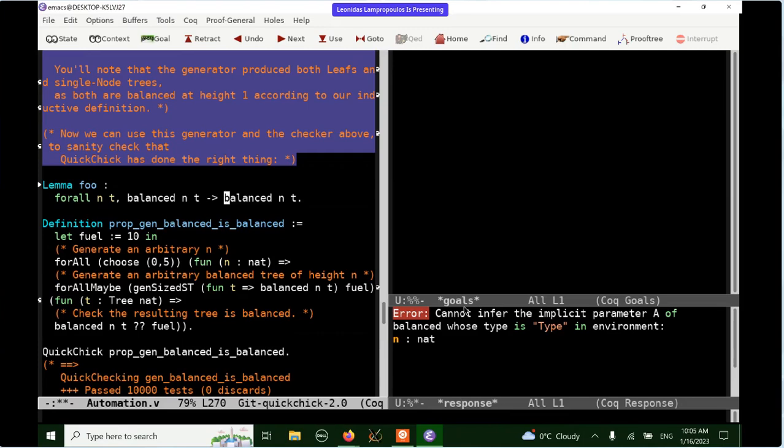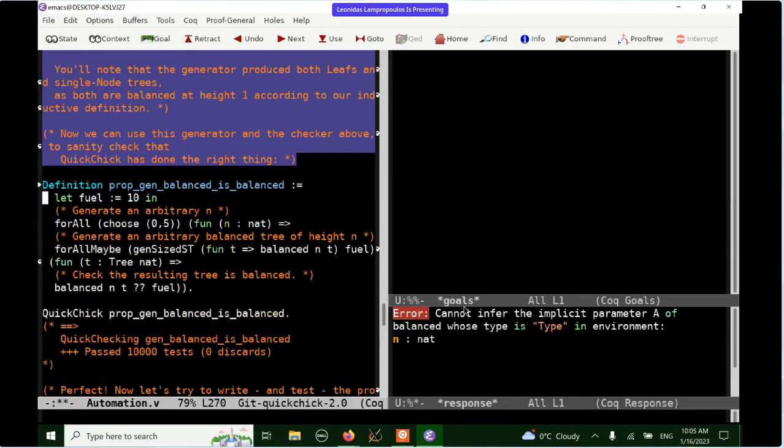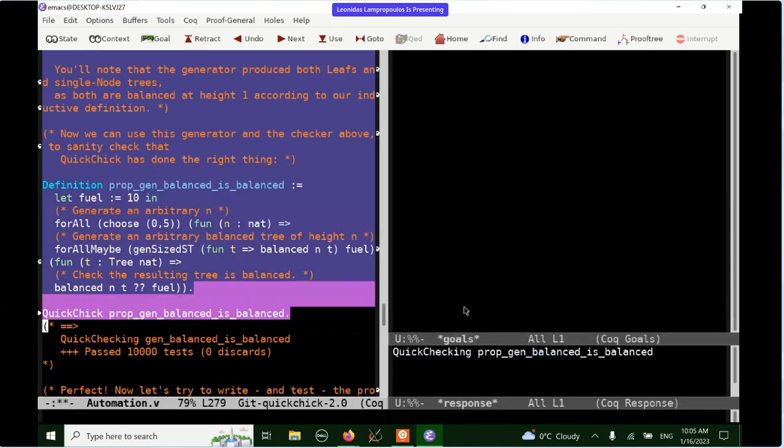So what we would like is generating things for tree, generating arbitrary ends so that you can use that, and then checking whether that holds. So that doesn't really work yet completely. So you have to write something like this manually. But if you do write this manually, you get 10,000 tests passing, and therefore everything generated by this is indeed